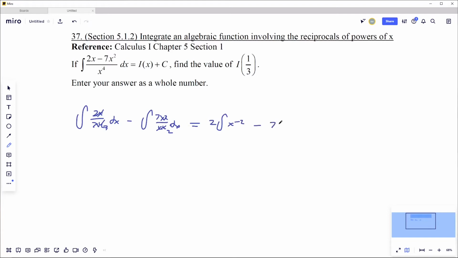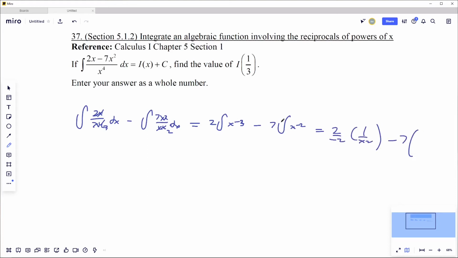Minus 7 times the integral of x to the minus 2, equals 2 times the integral of this, you divide by minus 2 times 1 over x squared,